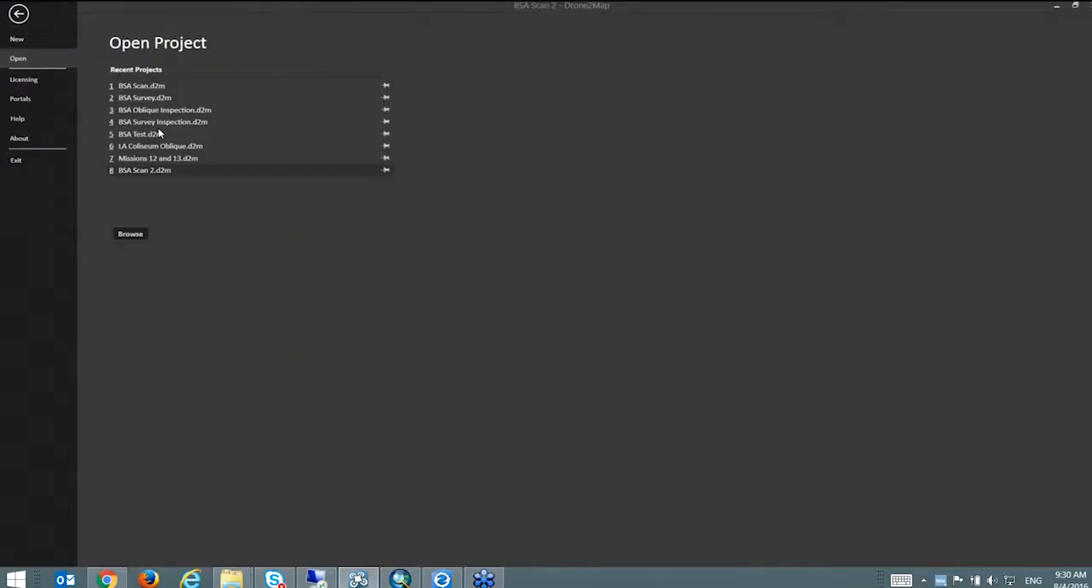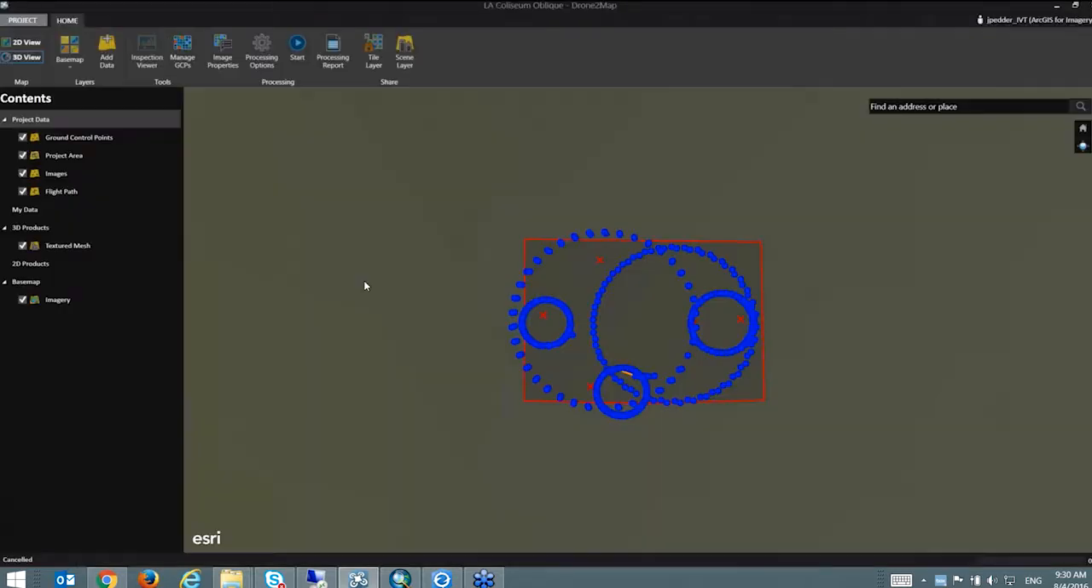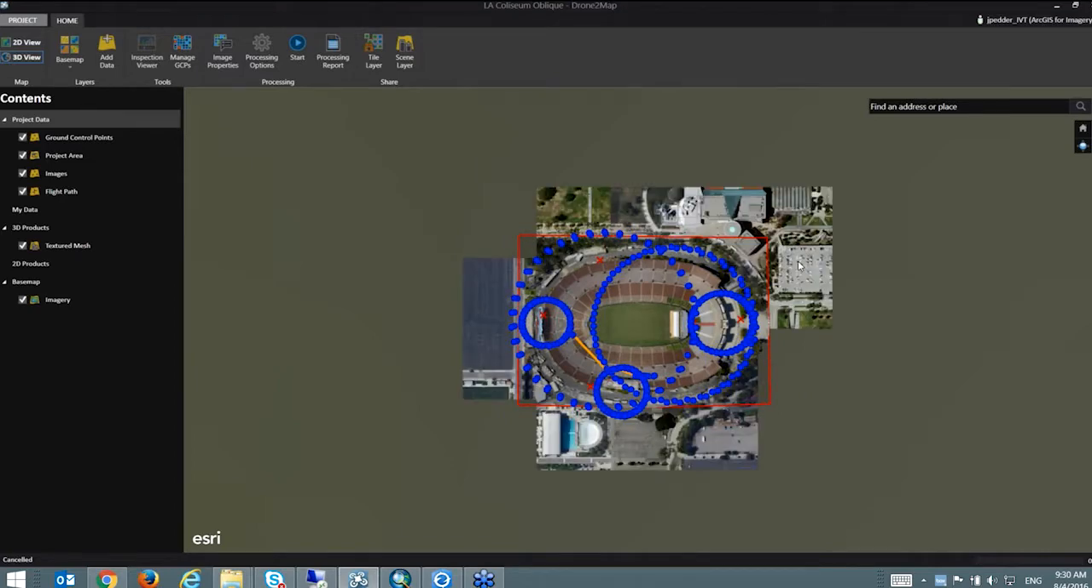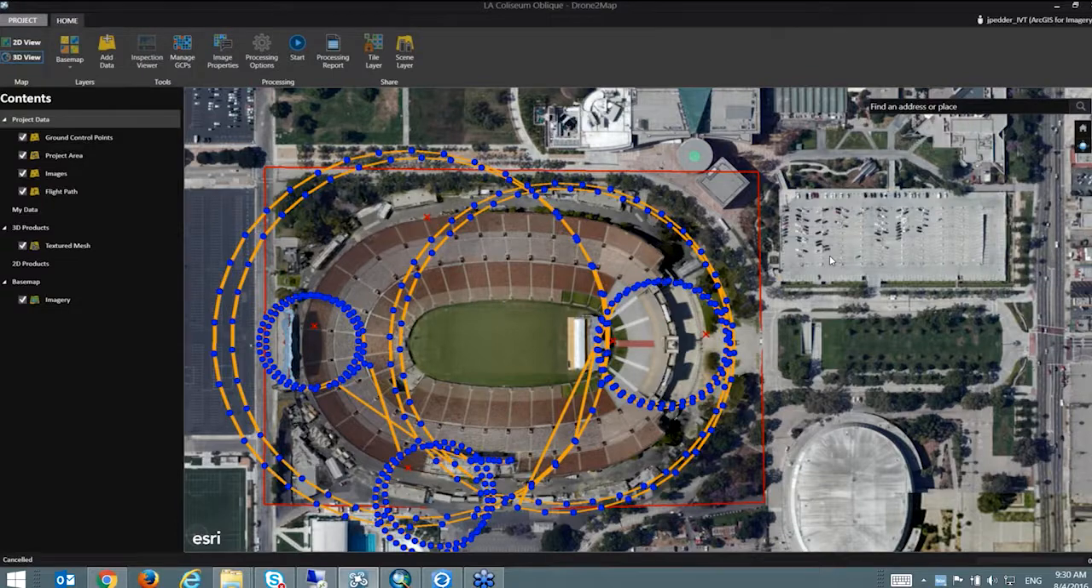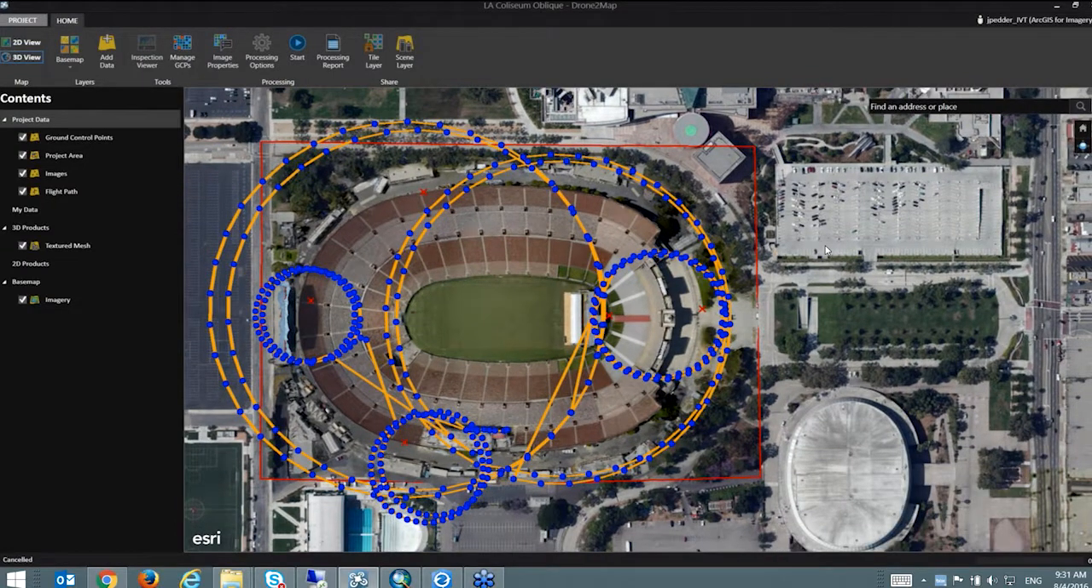Next, let's just take a look at the LA Coliseum. So this was the project that Laurie showed you earlier, and some interesting things we did here. You can see we flew a lot of patterns around the Coliseum. There's some pretty detailed architecture. You've got the iconic arches at this end of the stadium, and so we wanted to make sure that we